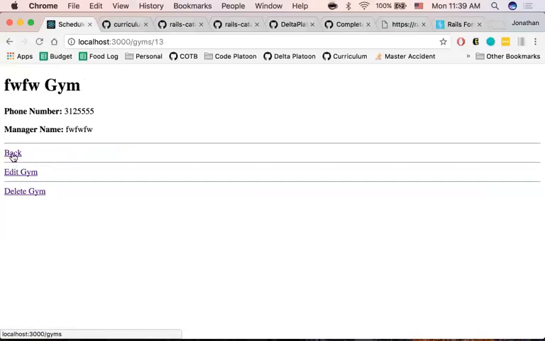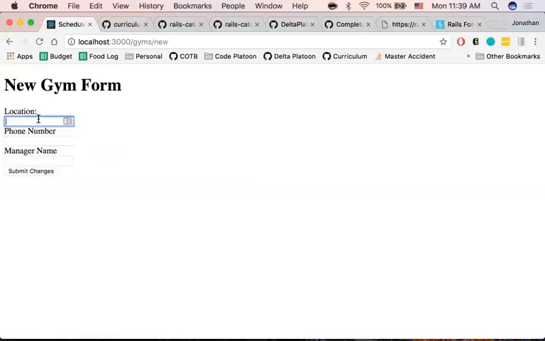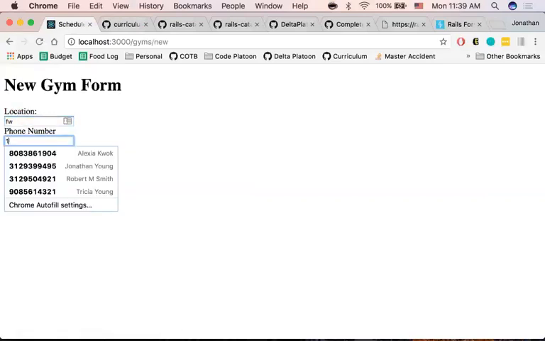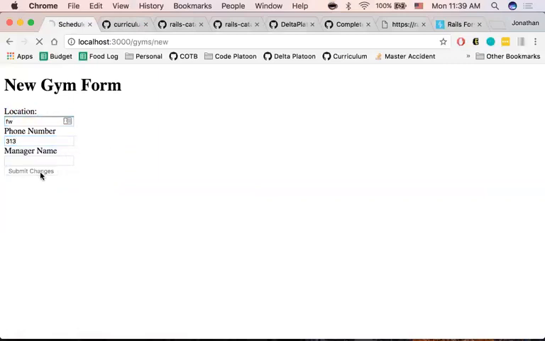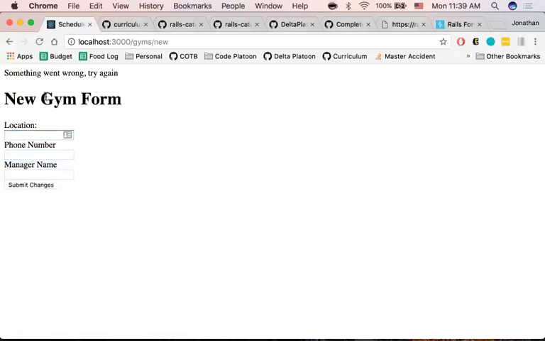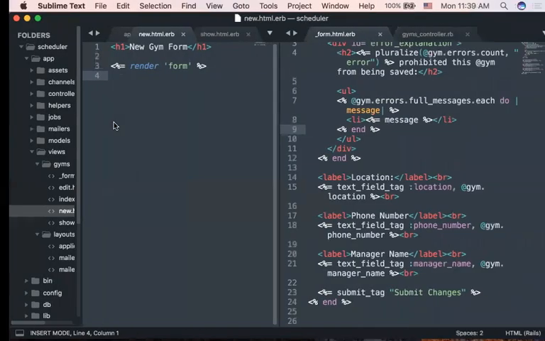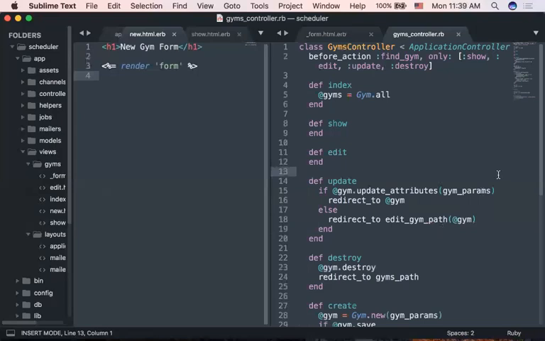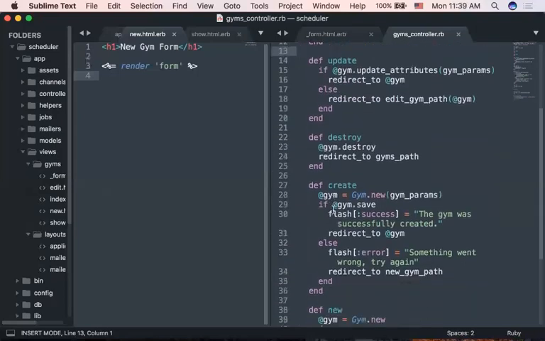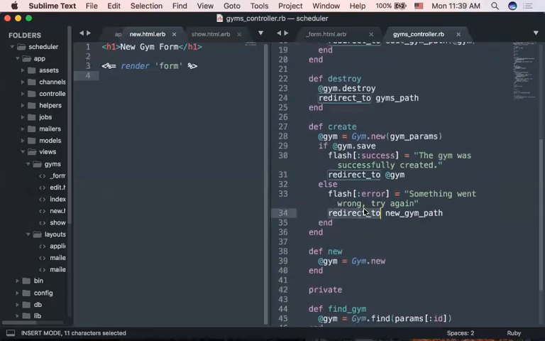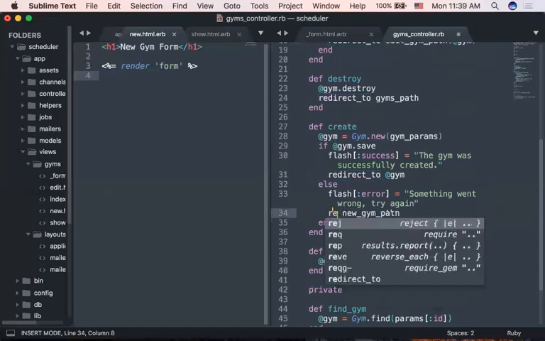Now, let's go back to creating a new gym. I entered the location, I entered the phone number, but I forgot the manager's name. So something went wrong, and then it still deletes everything. That's interesting. I think it has to do with this. Redirect gets rid of everything; when you redirect somewhere, it deletes everything. So I think it is,